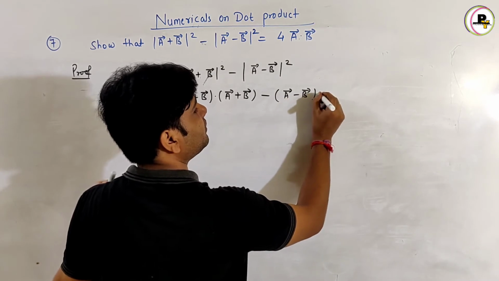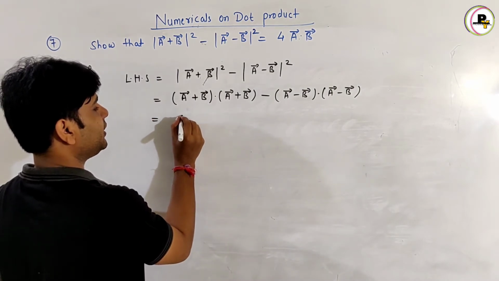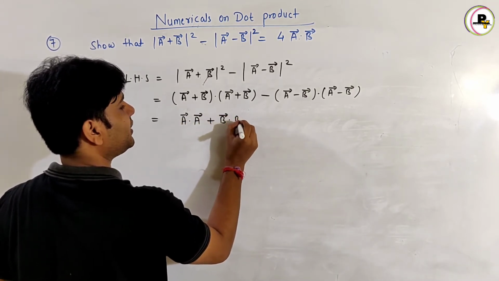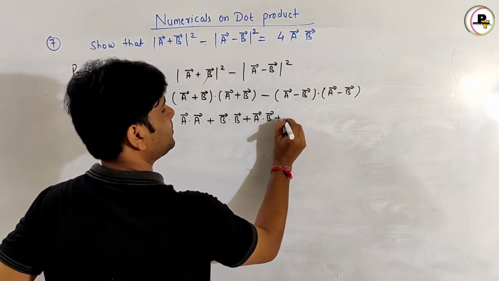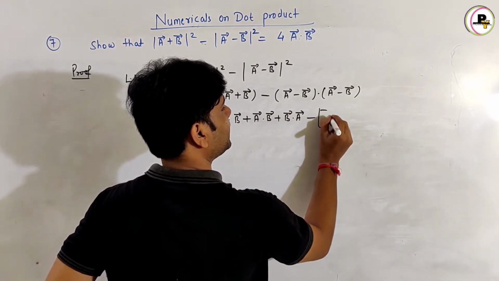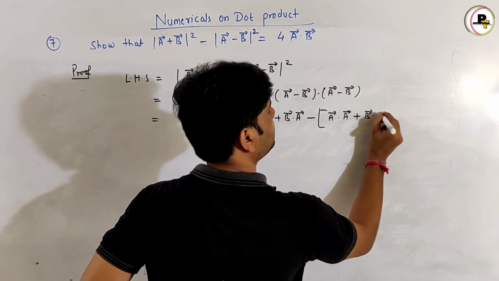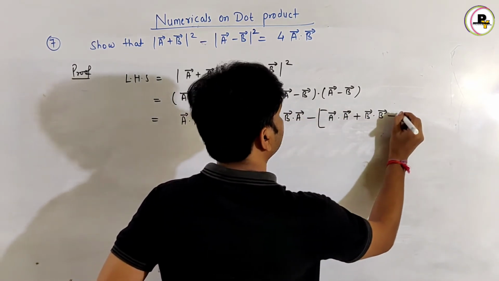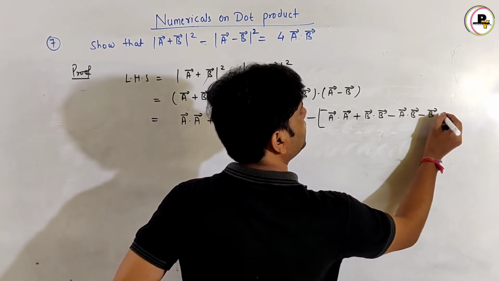This is equal to a vector minus b vector dot a vector minus b vector, and therefore I can write here it is a vector dot a vector plus b vector dot b vector, and here I get a vector dot b vector plus b vector dot a vector, and here I get minus in bracket a vector dot a vector and plus b vector dot b vector, because minus sign will be plus, and minus a vector dot b vector and minus b vector dot a vector,